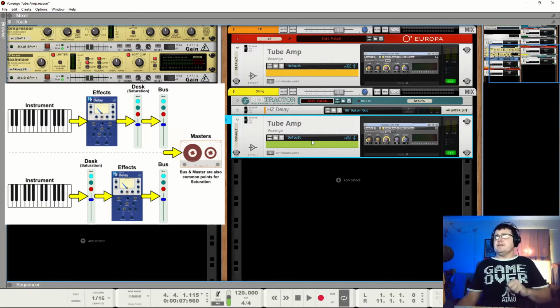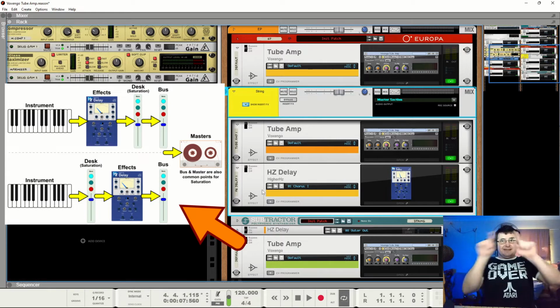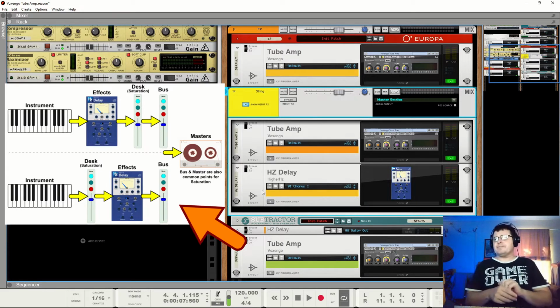That's one method. The other method looks more like this, and it depends on your particular DAW and how it goes, but most DAWs use a kind of a matrix. So you look at the mixing desk, and then there's rows and rows of little rectangles with names of plugins in them.